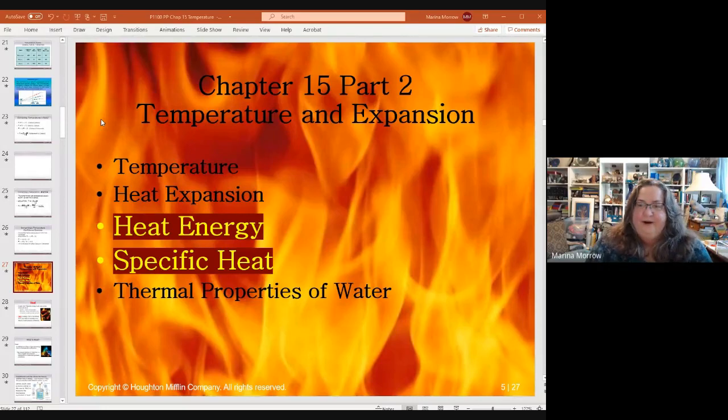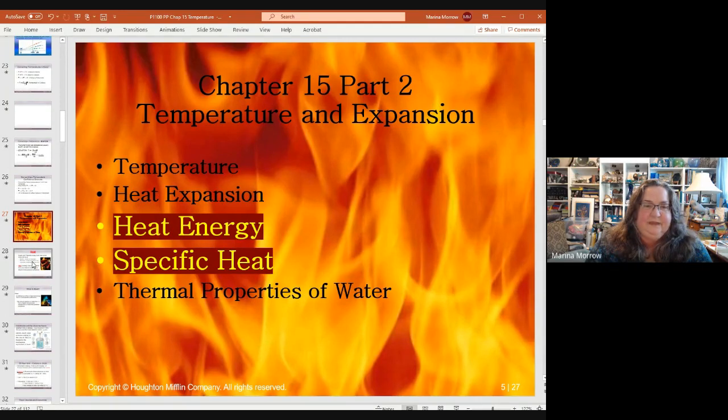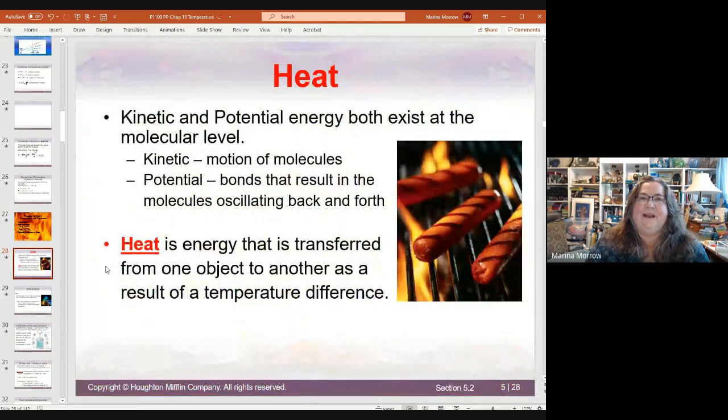Right, in the second part, we are looking at heat energy and specific heat in chapter 15. So we were talking about how temperature is the average kinetic energy of molecules. But there are other kinds of energy involved in molecules. Molecules can have both kinetic energy and potential energy. And so the type of potential energy, if you can imagine that there are atoms